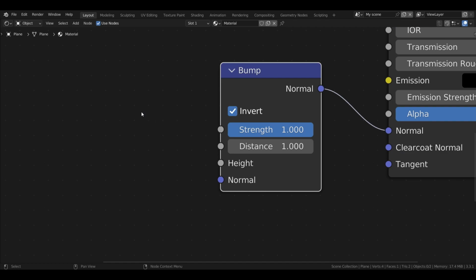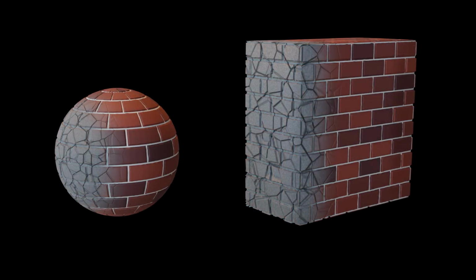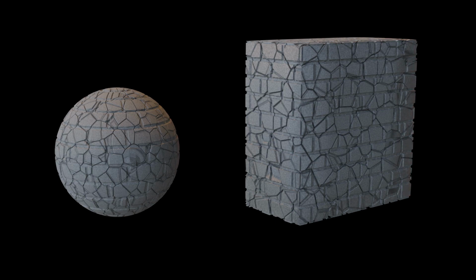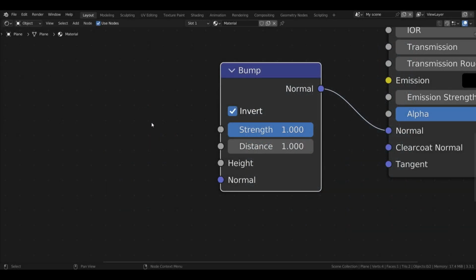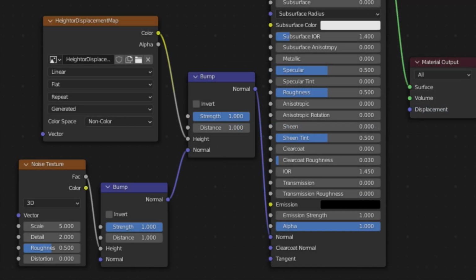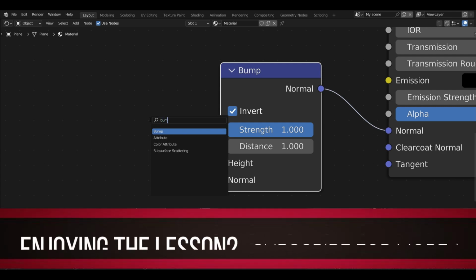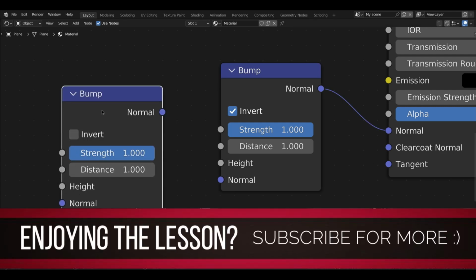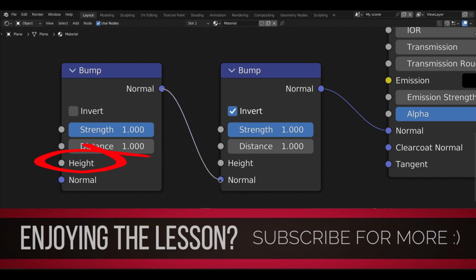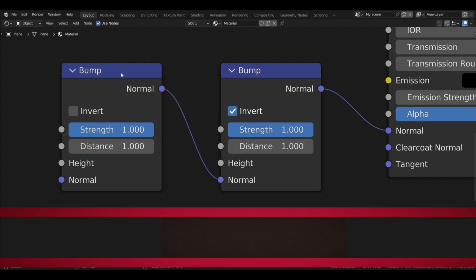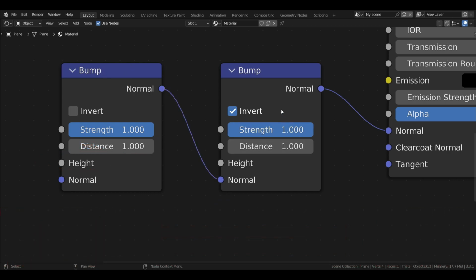For example, in our final project, we're going to have surface imperfections for the brick and a protrusion of the bricks themselves. So to do this, we would need to do 2 bumps on one shader. Thankfully, this is very simple to do. All we would need to do is press Shift A, add another bump node, then we can set up our bump node by connecting our height map, and then plug the normal into the normal of the other bump. And essentially, it will just carry on this information to the next bump node.